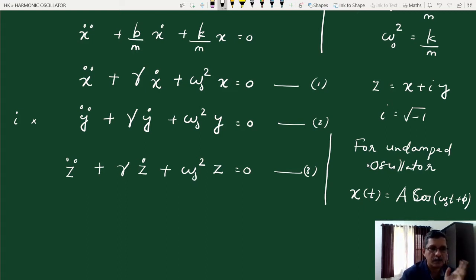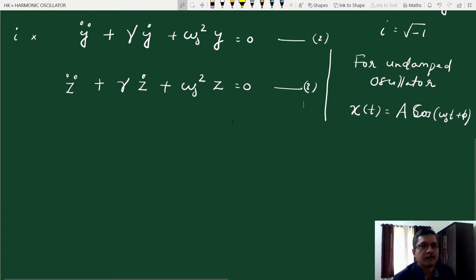Okay, so we want to solve this in terms of complex variables. Now this is a differential equation with constant coefficients. The coefficient of z double dot, or d square z by dt square, is 1. The coefficient of dz by dt, or z dot, is gamma, which is also a constant. The coefficient of z is omega 0 square, also a constant. So when you have a differential equation with constant coefficients,